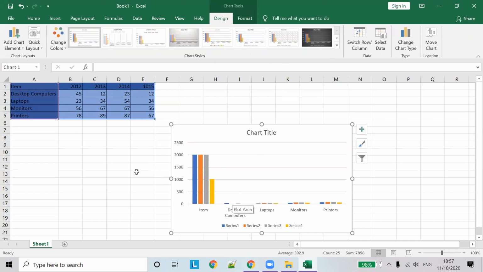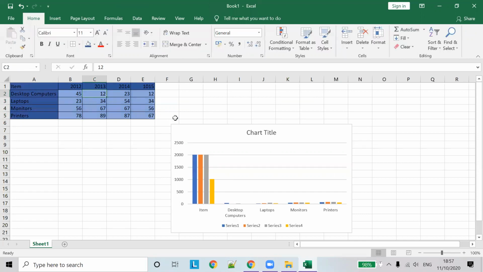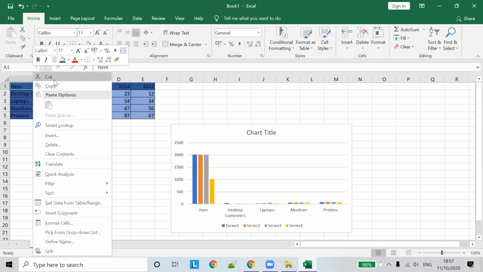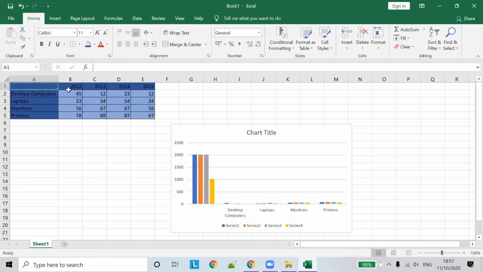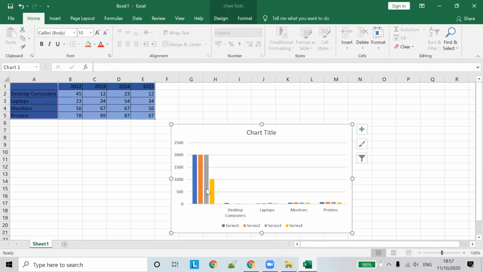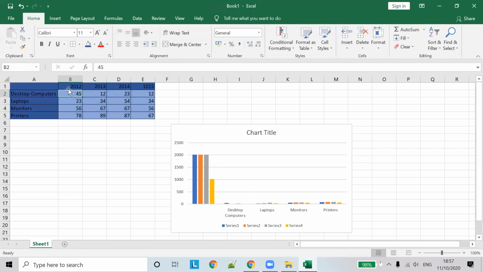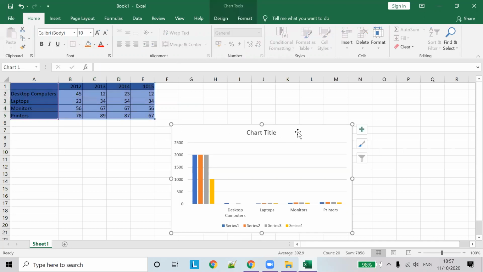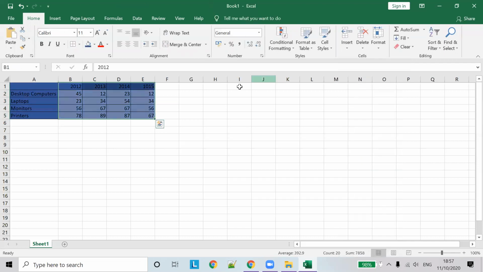Just hold on. First delete this chart, then select all the data.